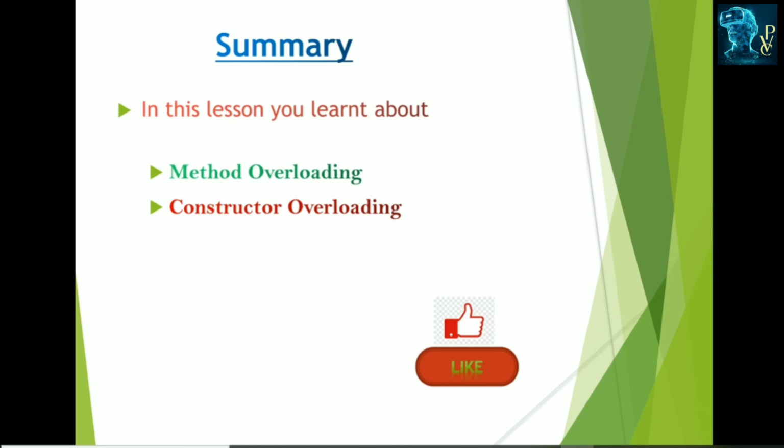Next is constructor overloading. Like methods, constructors can also be overloaded, but the difference is that constructors are used to initialize objects. Constructor overloading means we can define any number of constructors within the class. In constructor overloading, the difference is in the number of arguments and also in the data types of the arguments. A constructor does not return any value, so it does not overload with return types.